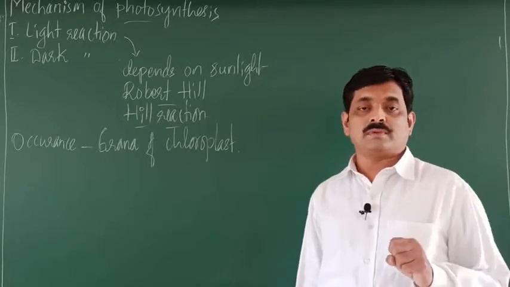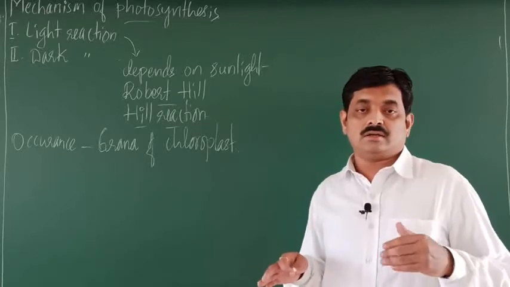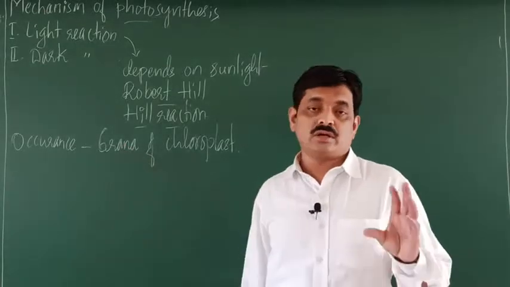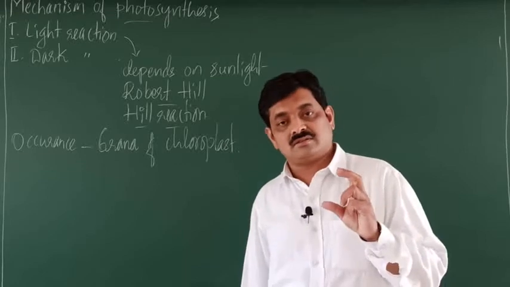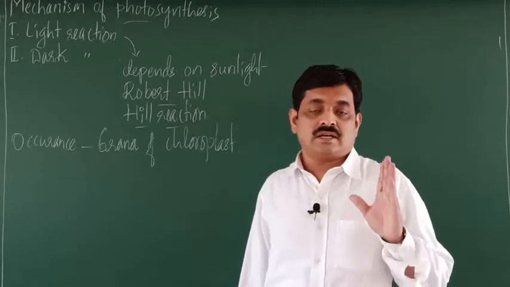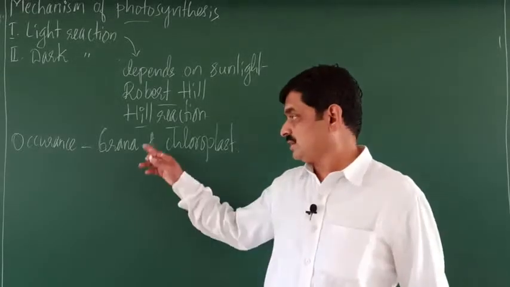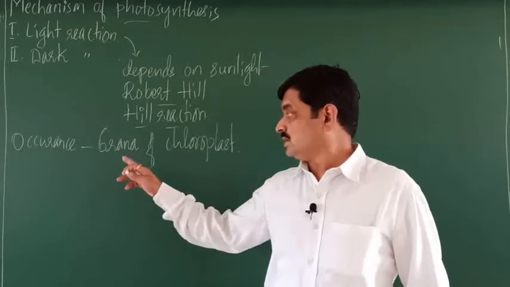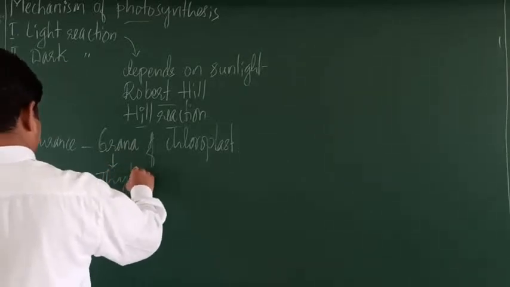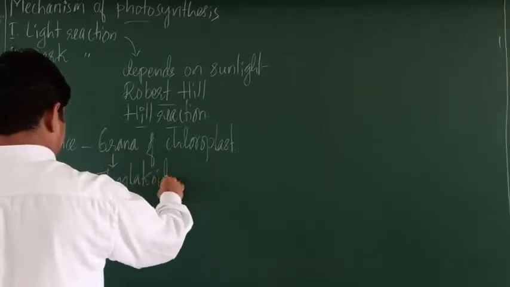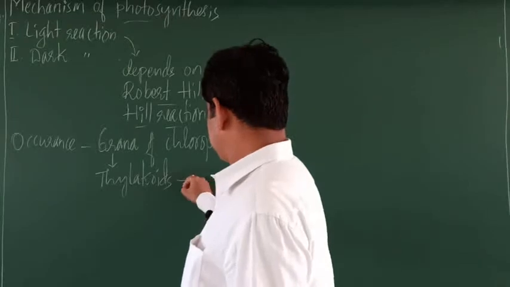See here, a chloroplast has a matrix, it is called stroma. In the stroma, there are grana, singular granum. Each granum is composed of flattened sacs or flat sacs. They are called thylakoids. A stack of thylakoids is called granum, plural grana. So grana are composed of thylakoids, and these thylakoids